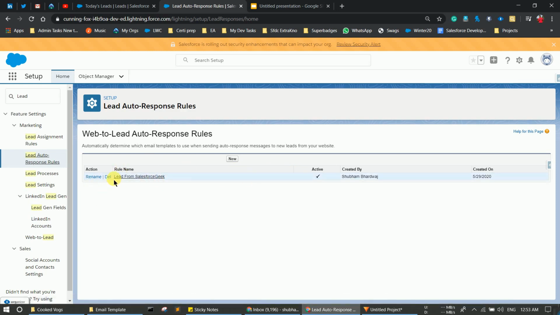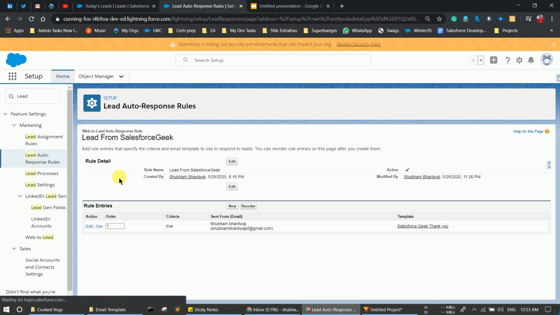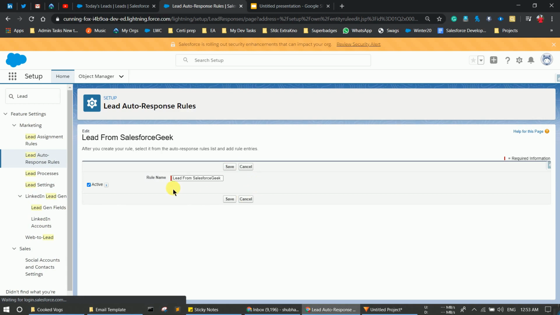Let's click on it and deactivate it, as I already told you, per object you can have only one active auto response rule. So I simply click on edit, deselect this checkbox, and save it.